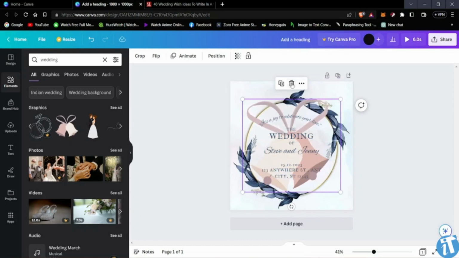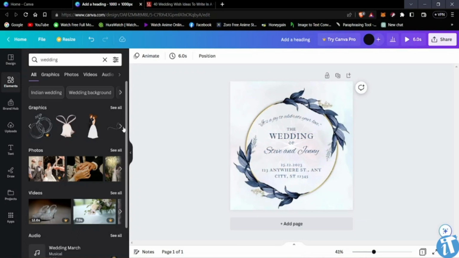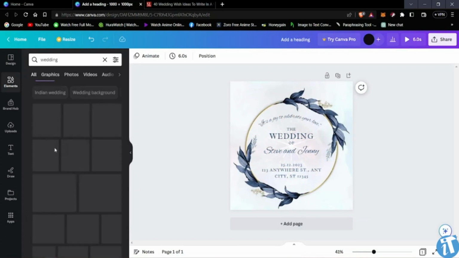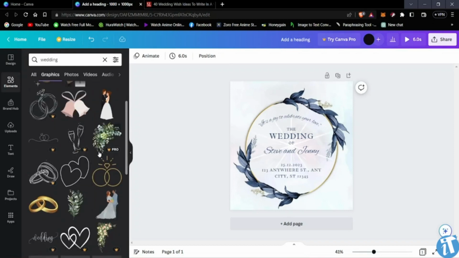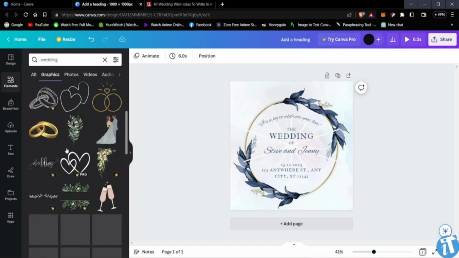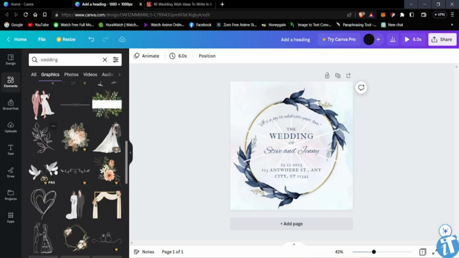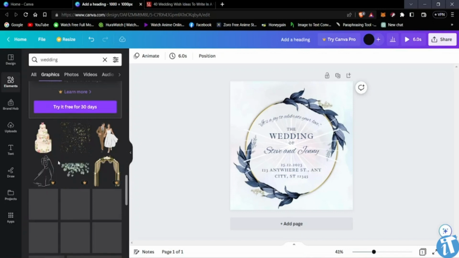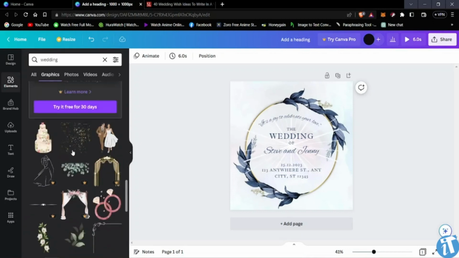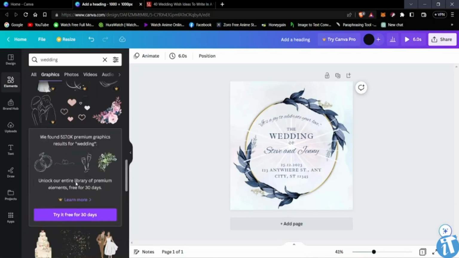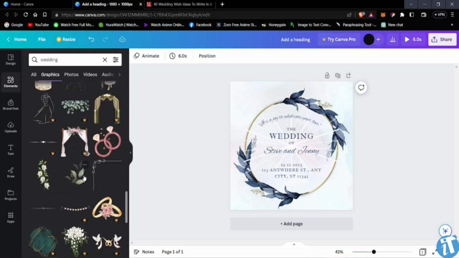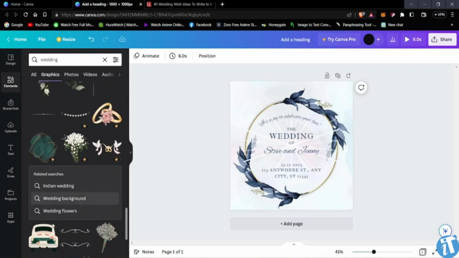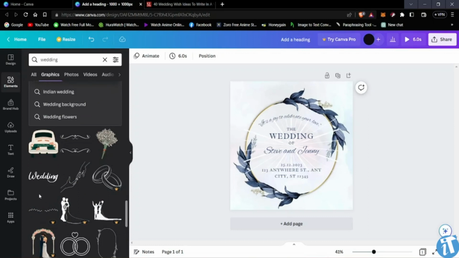Or maybe we can just lose the bells. We can add, now most of these, let's see, most of these are like the better ones. You have to upgrade to pro to use the better ones. You can also try the pro version for 30 days, just try it out, see how it is. If you like it, you can purchase it. Okay,